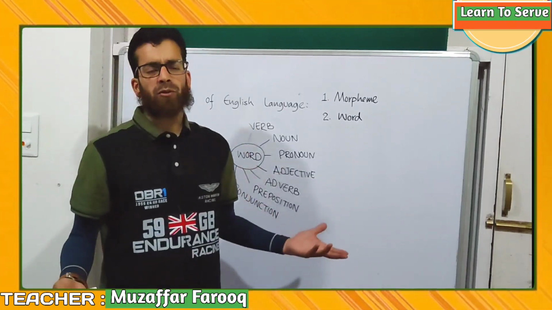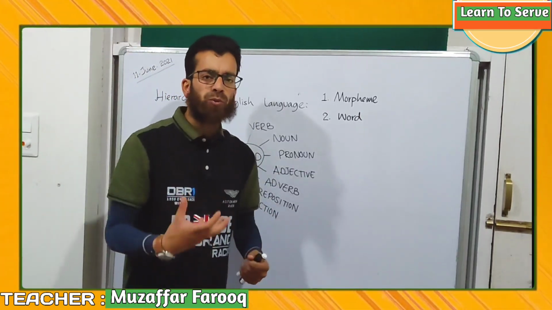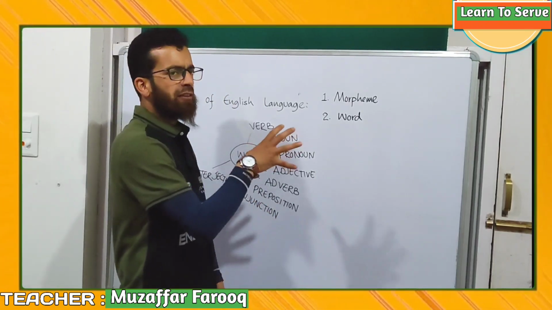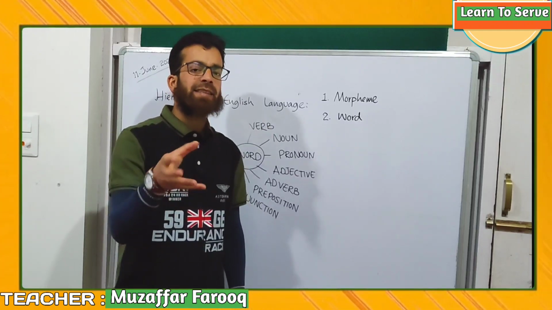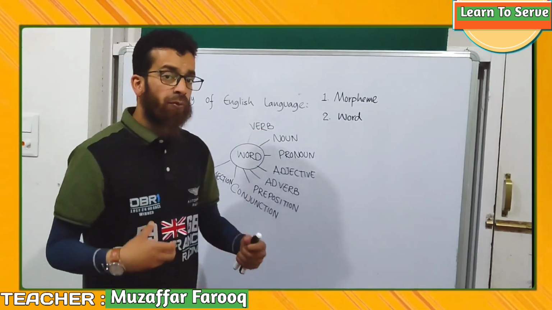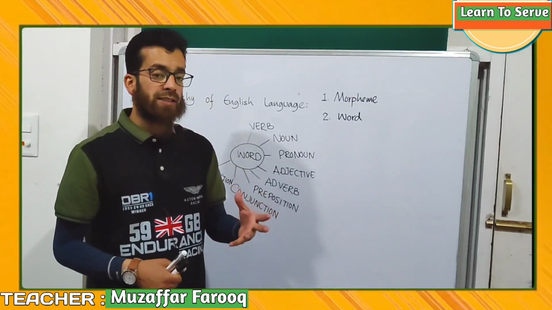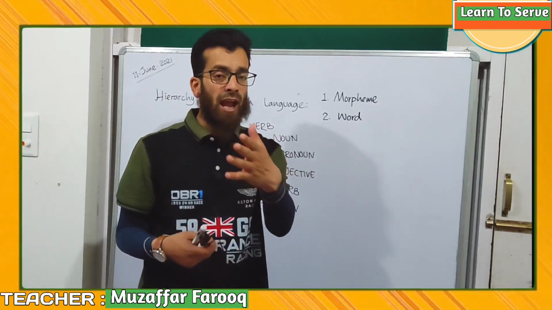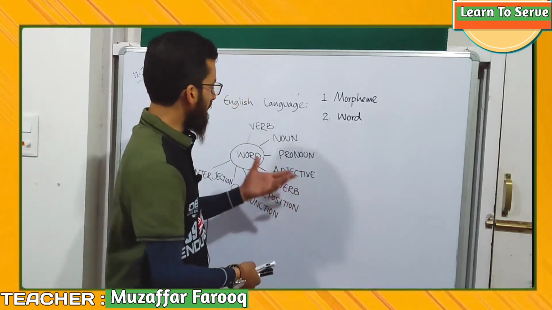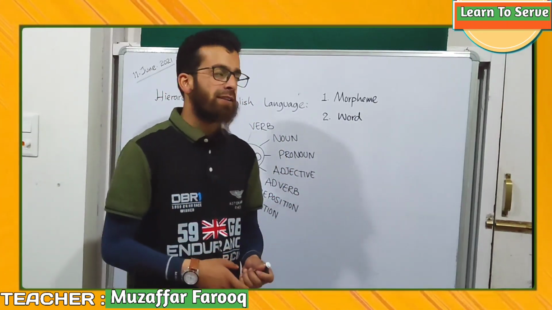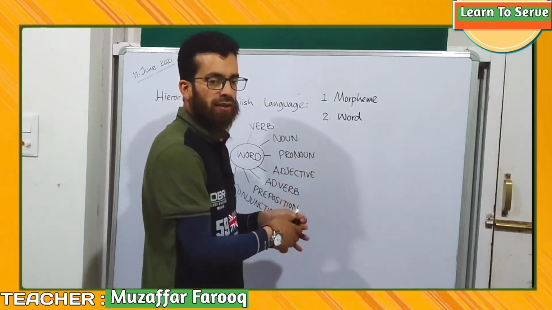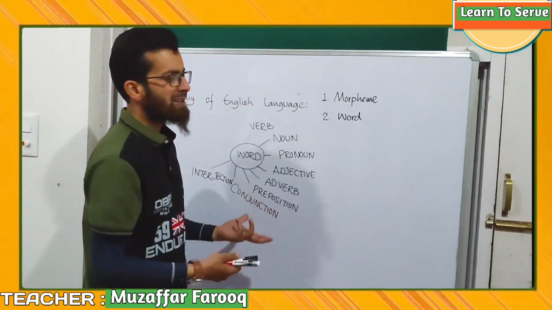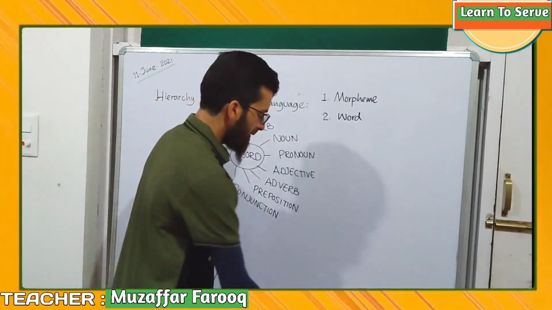And verb, any action word. We generally have two types of verbs, dynamic verbs and stative verbs. Dynamic verbs are those verbs which give us crystal clear information about an action. When an action is going on, then you have a dynamic verb. But if it states, for example, he is a doctor, then is a main verb and it states a profession of a person, so it is a stative verb. So let's